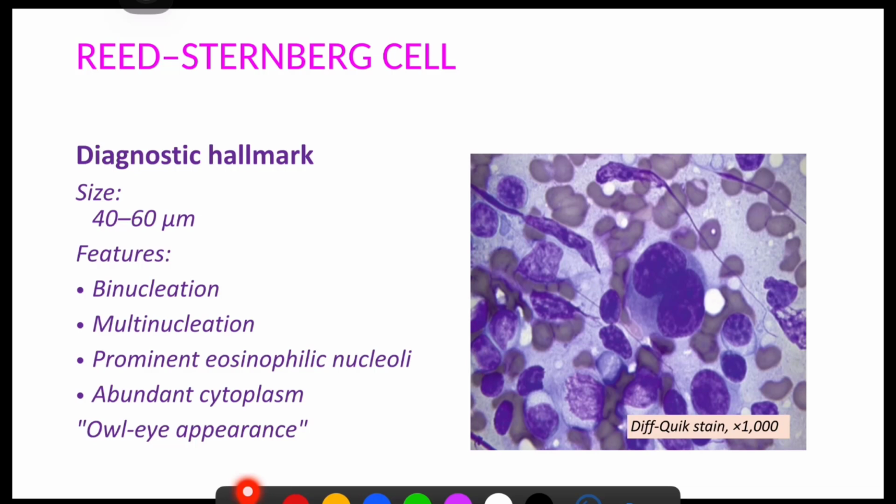So here the hallmark is it is having large size, 40 to 60 micron in size. So you can compare. See, this is the RBC. It is having 7 micron size, and this is having larger, up to 100 micrometer can be seen. Features include binucleation, sometimes multinucleation may be seen, and prominent eosinophilic nucleoli, abundant cytoplasm, and it is having owl eye